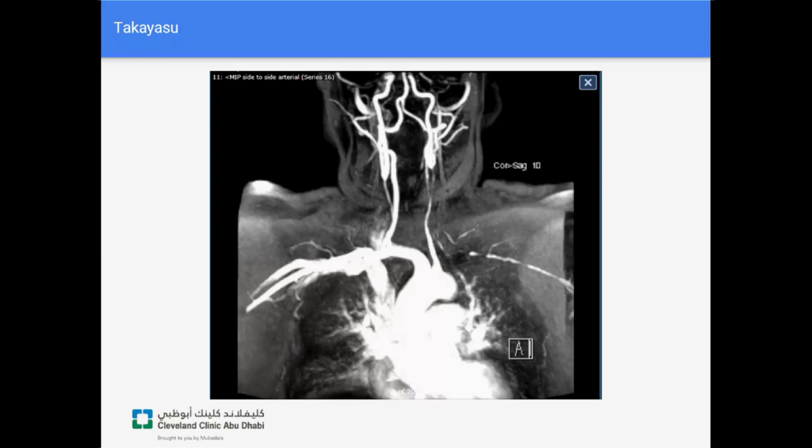Takayasu's disease is an autoimmune disease affecting classically younger to middle-aged women, and it causes occlusions of not just the great vessels, it can also affect the iliacs. Major branches of the aorta can be affected with this